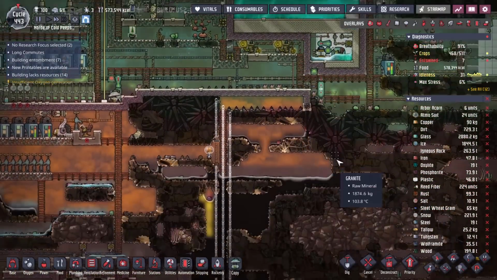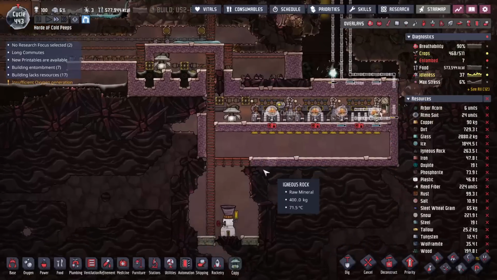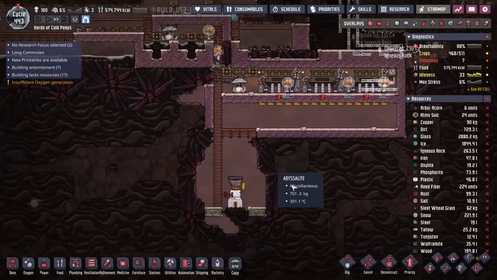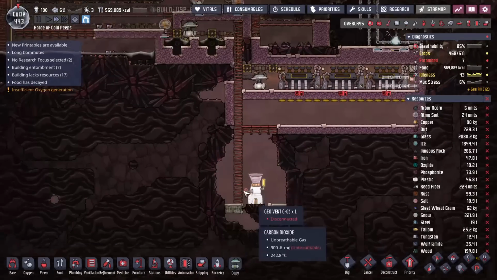I figured I would do a little bit of a progress update for the other ones too. For each of these, I'm going to be vacuuming out all of the interior. So this one's getting kind of close. Not too close, but also not too far either. So kind of the same setup, 3 turbines over top of a vent. We'll see what comes out